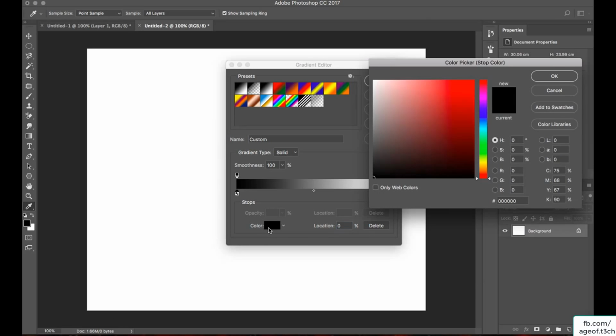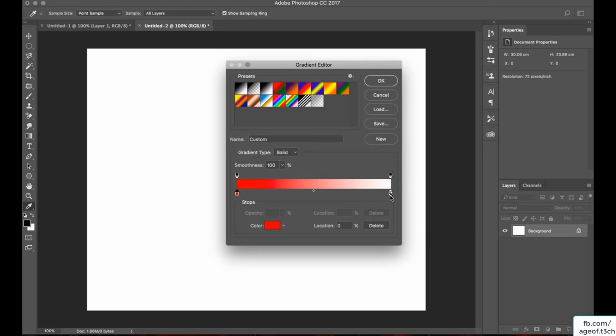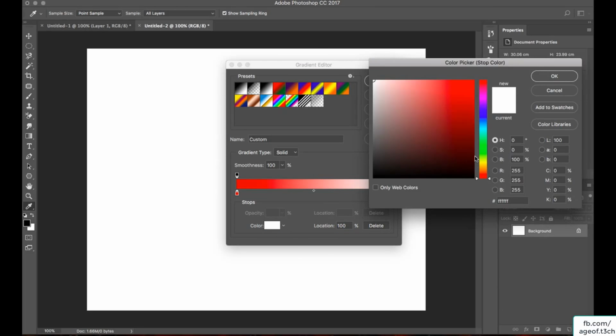Let me click and change this color. I want to say that I am going to start with a red one, and the second color I have here is another. If you want to sample the same color that you have here, you just have to